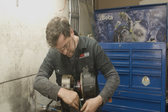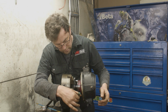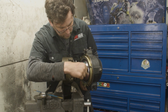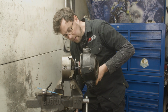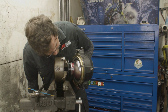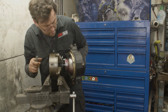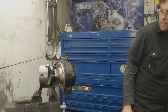So as I said, I just want to nip these bolts first, and then I'm going to move this hub around and just make sure that I'm seeing that seal wiping evenly. So you can see that it's wiping the grease off that I've put on here. So I've smeared grease around here, and I'm looking to make sure I see a wipe all the way around. I want to see that that seal is wiping all the way around. It is doing that in this case, probably a little bit, can't fall any further. It's doing it a little bit less here than it is there. So I'm just going to give the seal a little bit of a tap, just to get it to centralize